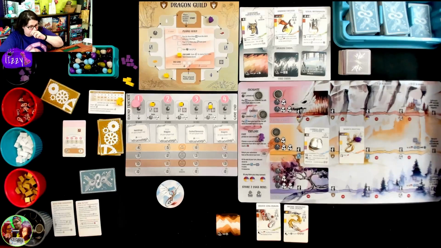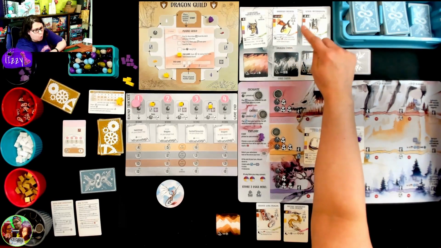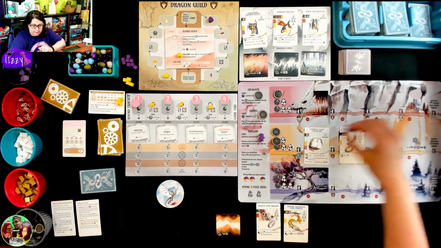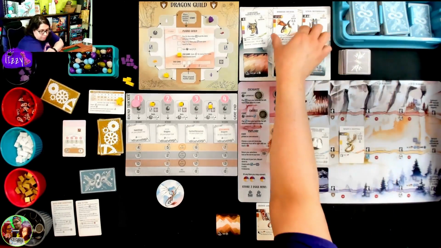Man, I'm going to be getting a lot of meat. So, tuck a card from your hand here to gain a resource of the cost printed on the tucked dragon. Wow, that's pretty good. I do have an egg. So, I'm going to go ahead and take this egg and that coin, so I can gain this card,